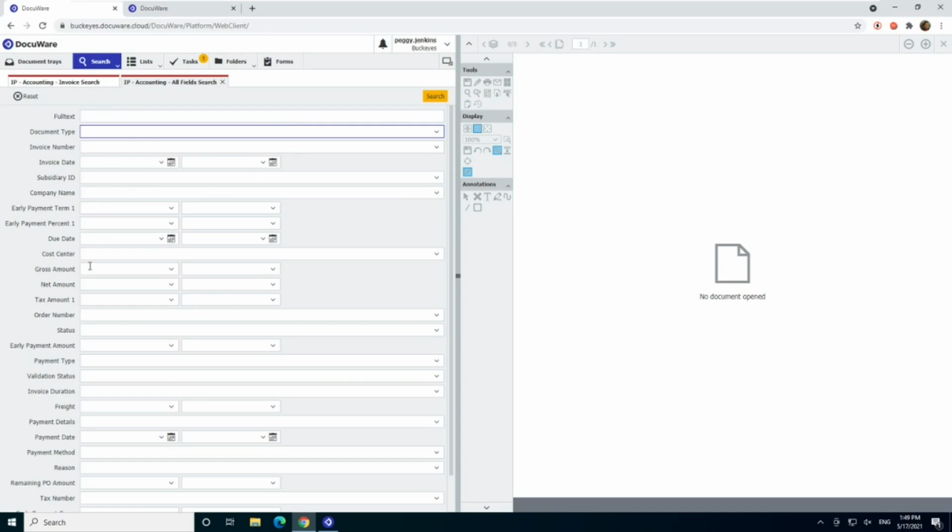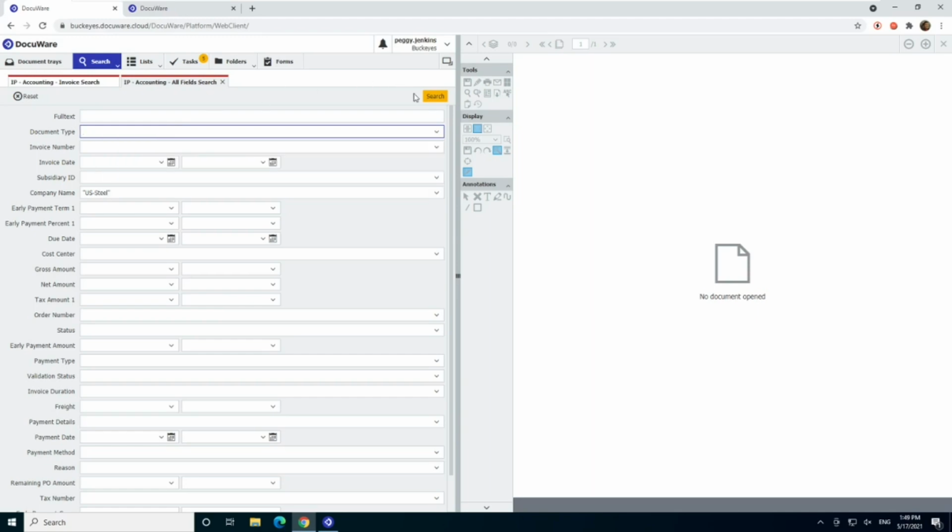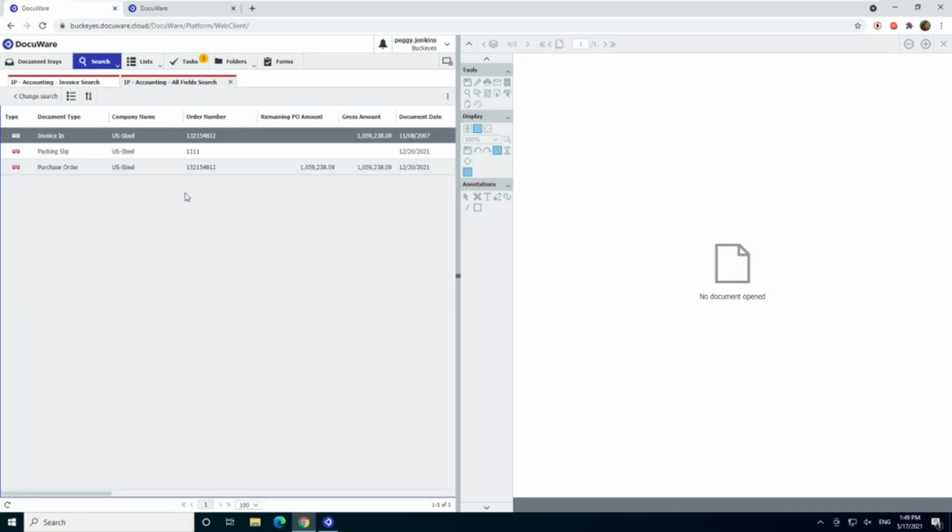So now if I look for that same search and look for my vendor name of US Steel, I could do a couple things. One, I could pick which one. So this is saying, oh, we have an invoice, we have a packing list, we have a purchase order, all from US Steel. I could pick one or the other, or if I do exact same search,